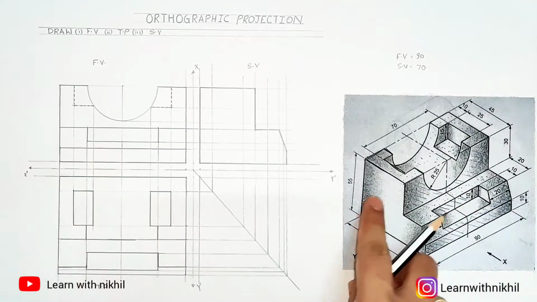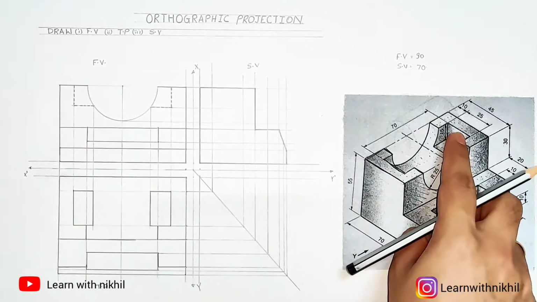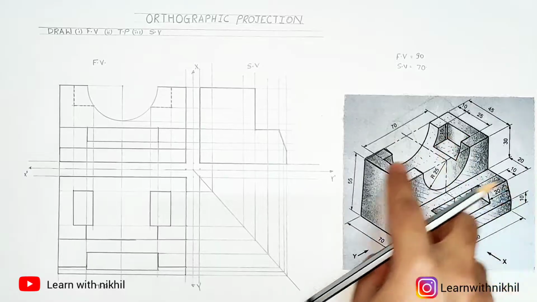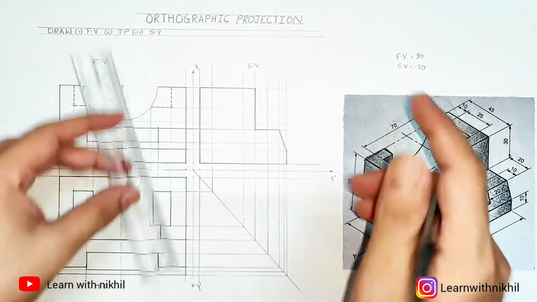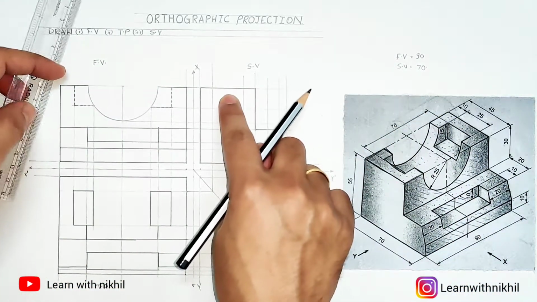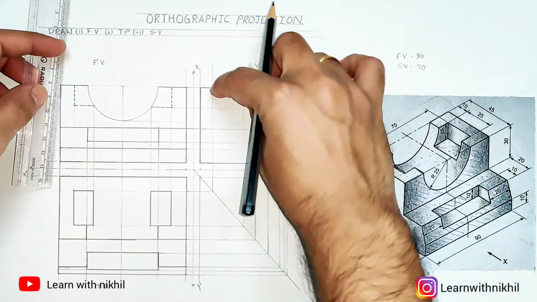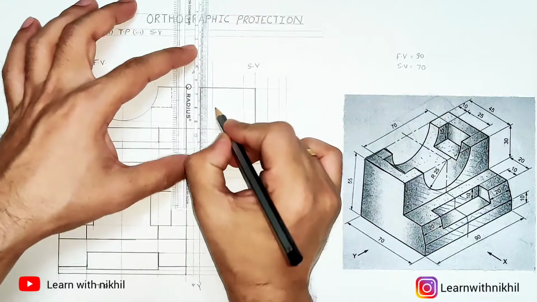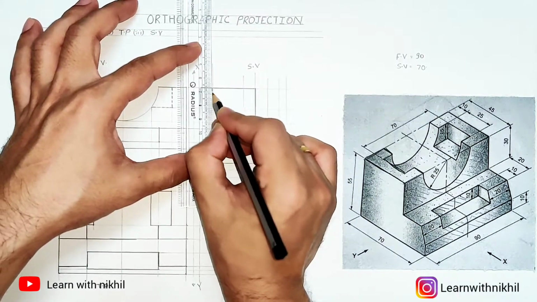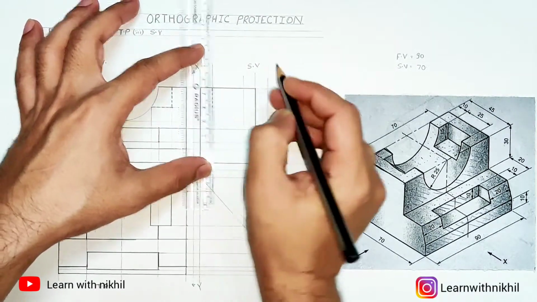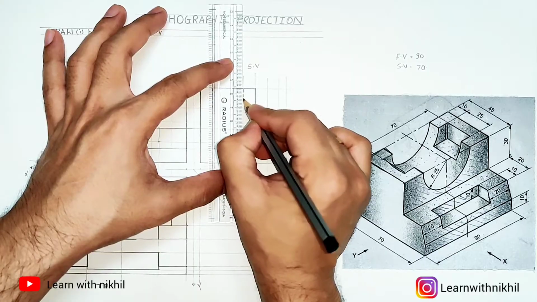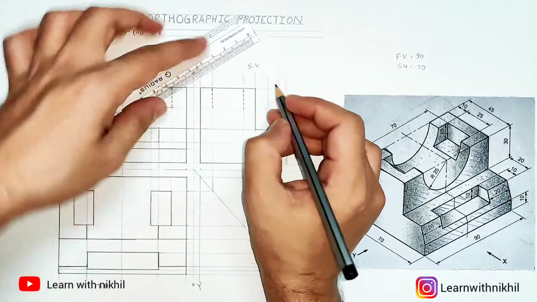Now that same rectangular block is hidden from the side view. These two blocks are overlapping, but they are hidden at the side view and it is present here. This is the projection from the top side and from the front side. So taking its dimension and marking them as dotted lines or hidden lines.